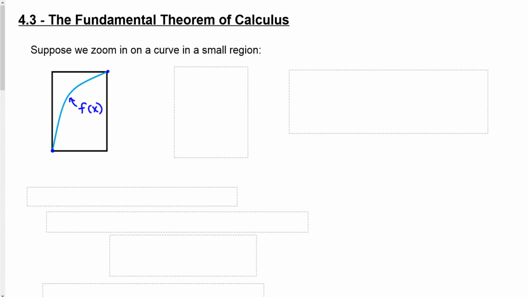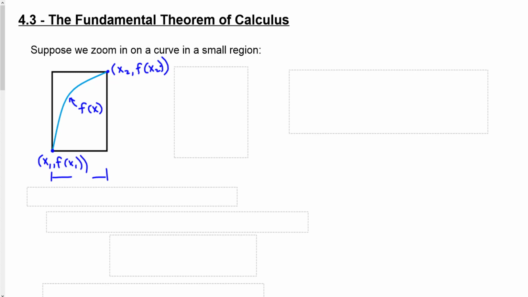I'll say x1 comma f of x1, and up here x2 comma f of x2. Now, if I look at these points, there is a certain distance that's been moved from one point to the other. So from here over to here,